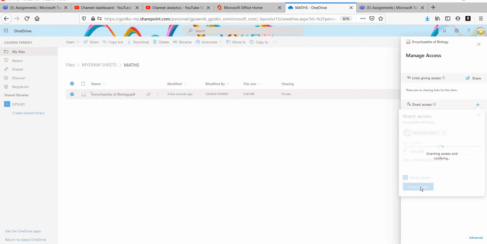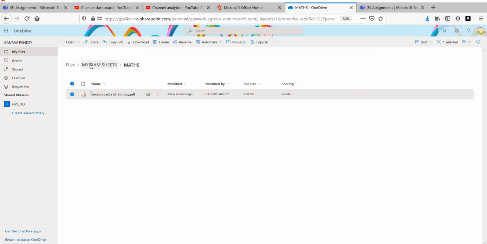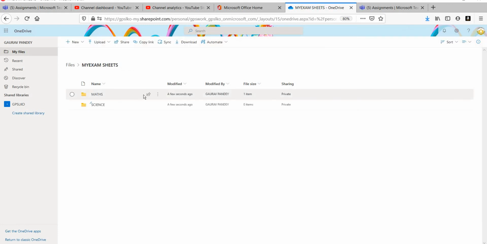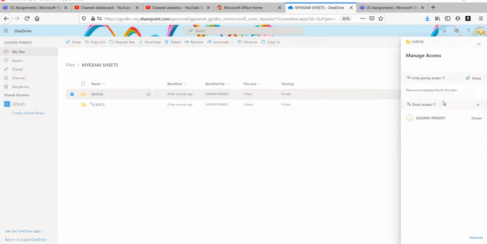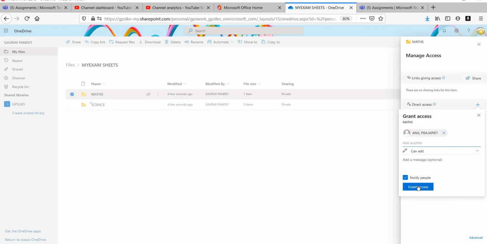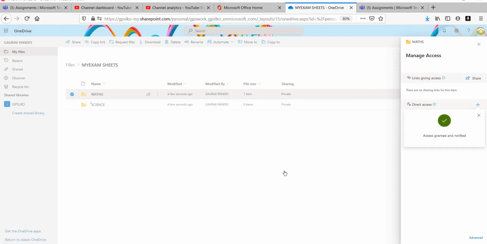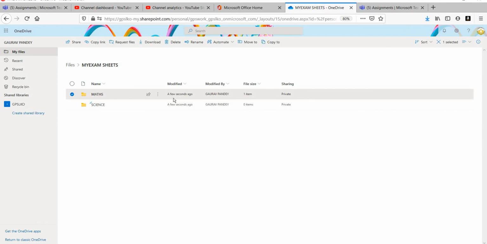Similarly, go to My Exam Sheets, share the folder, manage access, select Anil sir, and then grant access. In this way you can share your exam sheets or folders with the teacher.